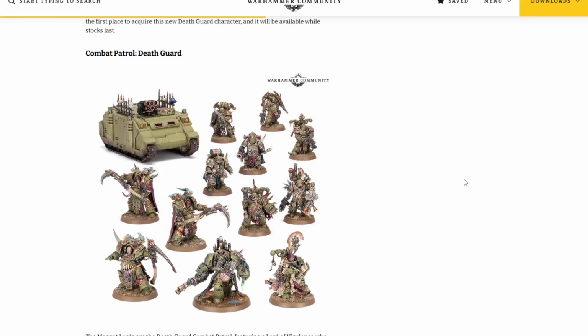And next we have the new Death Guard Combat Patrol. So I'm a big fan of this. It doesn't have a ton of models like the previous one, but instead of all the Poxwalkers, you're getting a lot more actual Death Guard-y stuff. You're going to get the Lord of Virulence, the Tallyman, 3 of the Death Shroud Terminators, a Chaos Rhino, and then also a squad of Plague Marines. This is going to be coming in at $170 USD, right in line with the recent combat patrols,